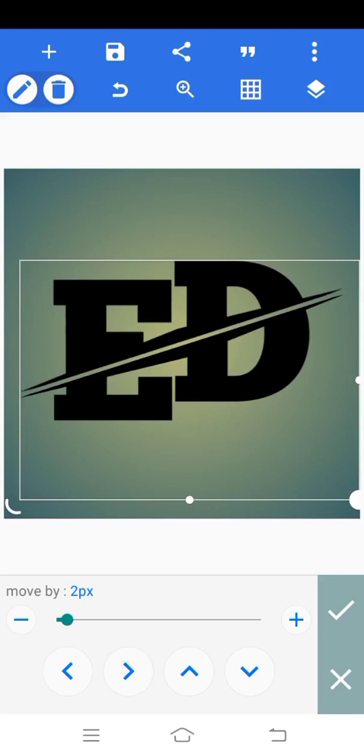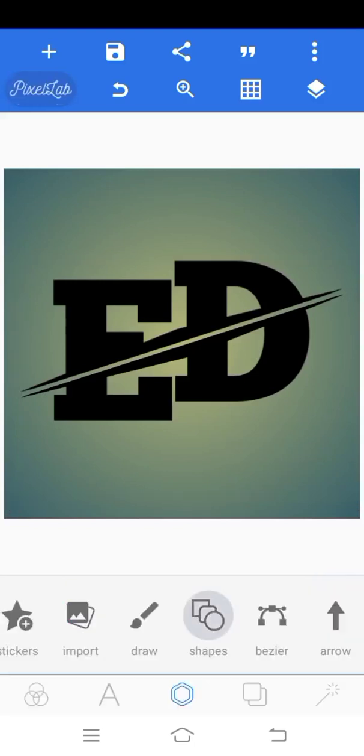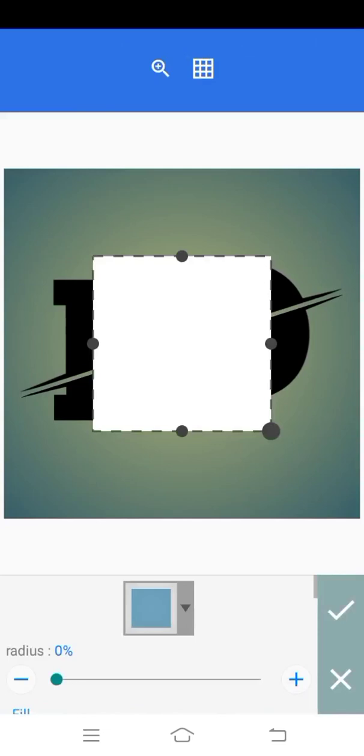Pick another, else it will give you problems when you want to bring in a solid color, because we are going to use a solid color. So click on that shape,